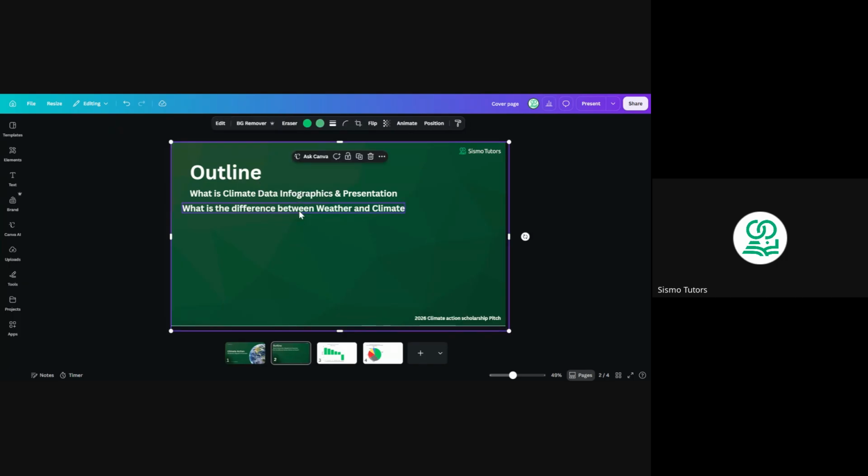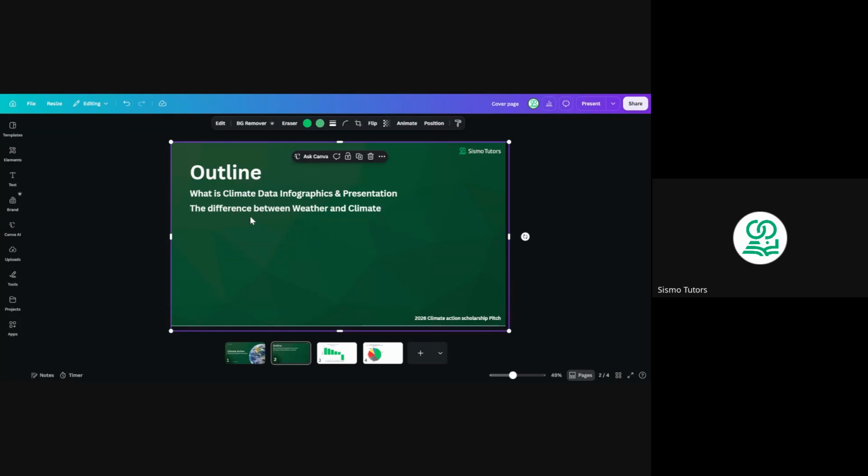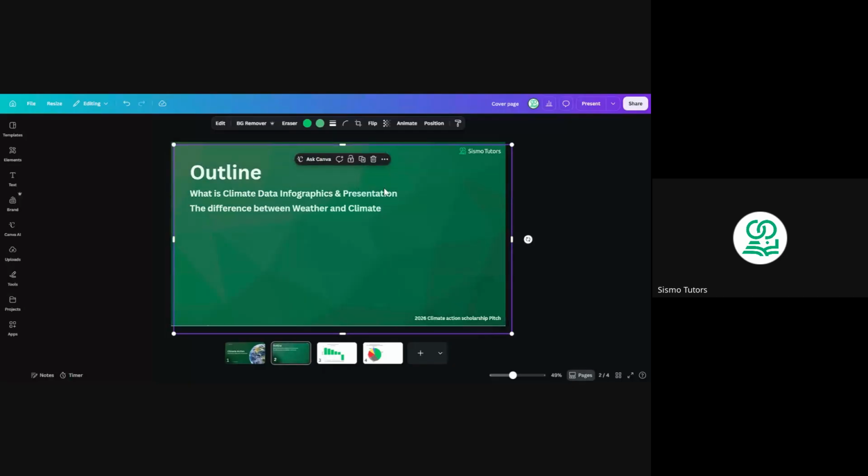Now, if you are typing, it's not a problem. Once you are done typing, you place it. Let me just write the difference, so it doesn't sound like "what is". So you have the difference between weather and climate. So this is page 1, this is page 2. Is that okay? Because we are running out of time already, we are going to do